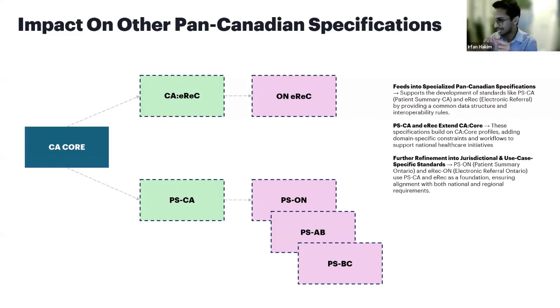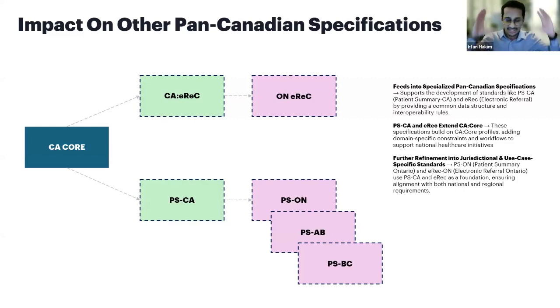So their organization is always going to be the Alberta provincial authority, and going from there. So they would not have a practitioner, for example. Those kinds of things you need to keep in mind when you're creating some of these specifications,